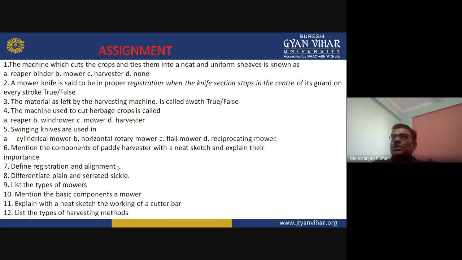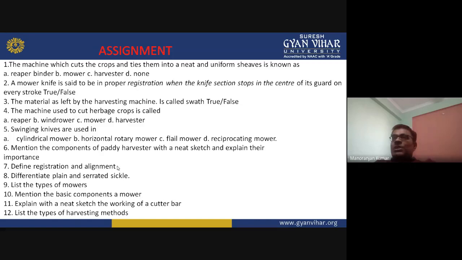Second question: a mower knife is said to be in proper registration when the knife section stops in the center of its guard on every stroke. Is it a true statement or false? Third question: the material left by the harvesting machine is called swath. True or false? So this is true.